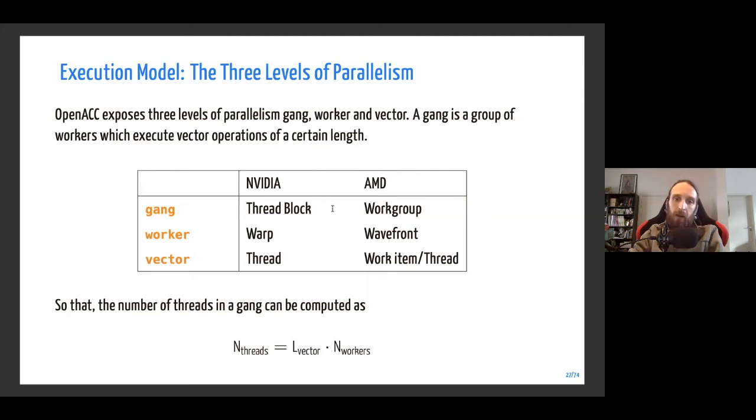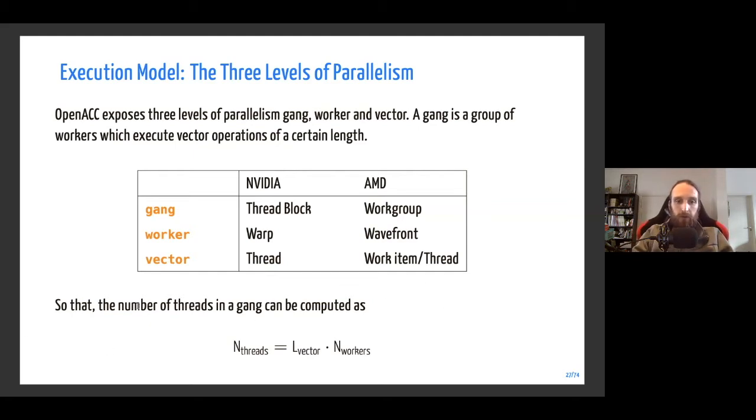And you can map that to the hardware using the different terminology of the programming model for NVIDIA and AMD: a gang is a thread block, and a work group for AMD, then a worker is a warp, which on AMD is a wavefront, and a vector is basically the threads, or the work items.